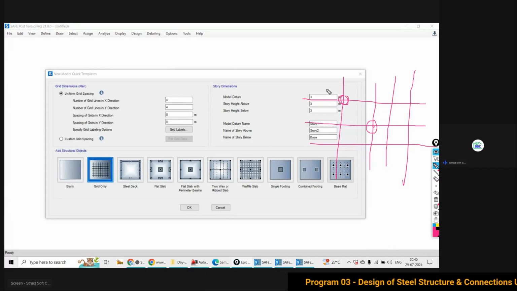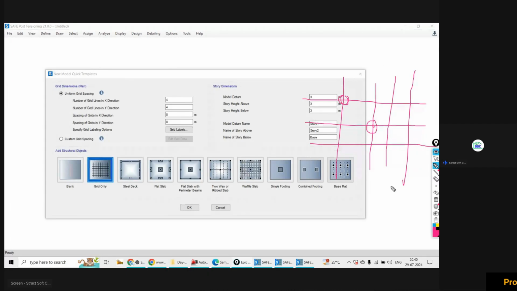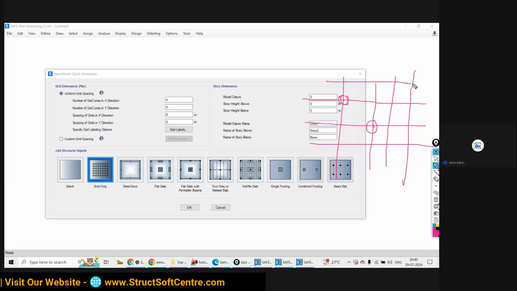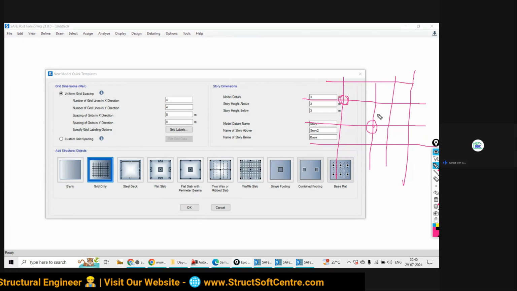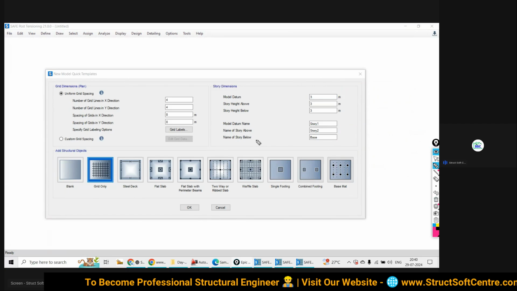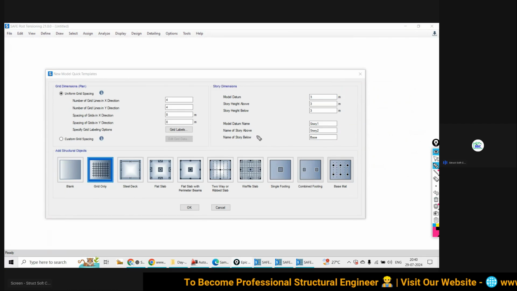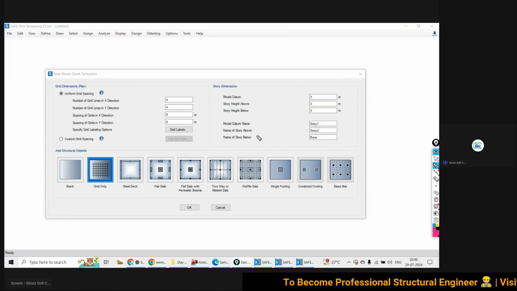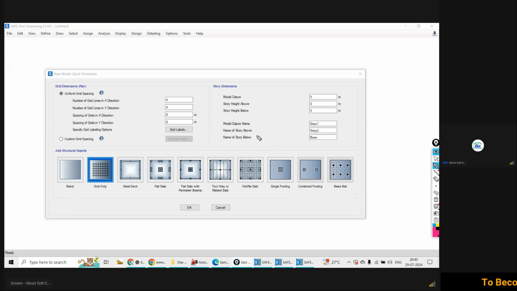Okay, so there will be fewer chances of error, mistakes. आपके mistake के chances कम हो जाते हैं, to a greater extent. But if you are not taking the help of these grids, then there will be more chances of error. So to have these grids, to have the outlines in the CSI SAFE software, we actually have two